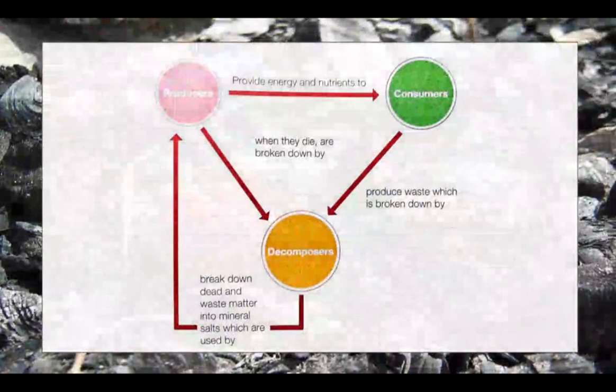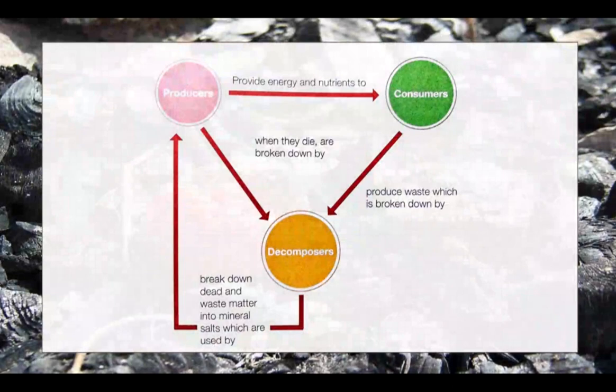The diagram below shows how producer, consumer, and decomposer depend on one another for survival. Producers provide energy and nutrients to consumers, and consumers produce waste which is broken down by decomposers. Producers and consumers, when they die, are broken down by decomposers. Decomposers break down dead and waste matter into mineral salts which are used by